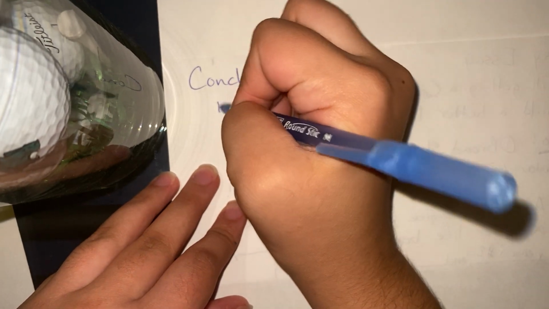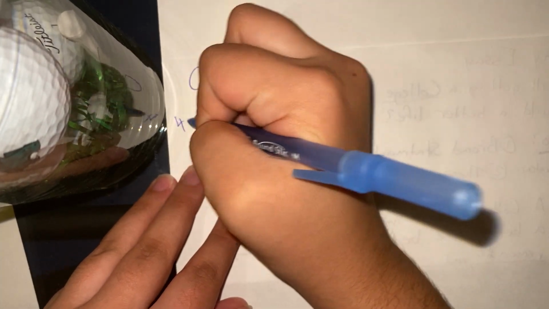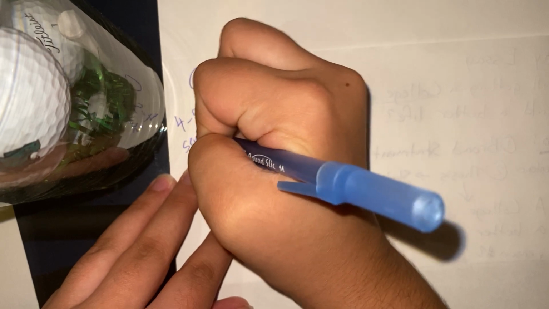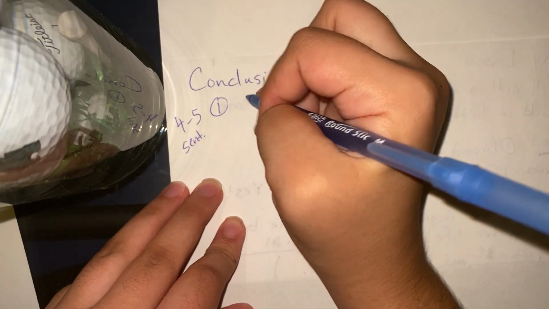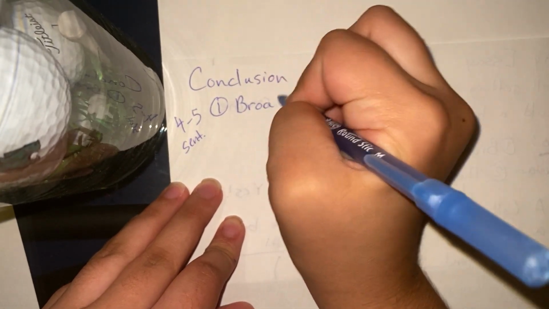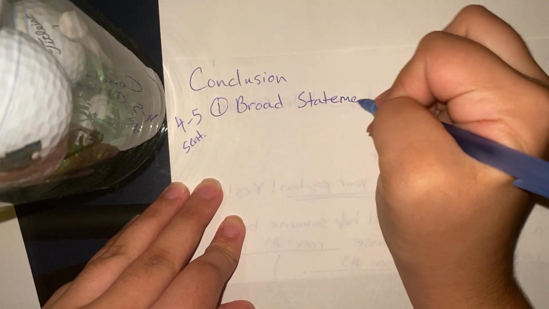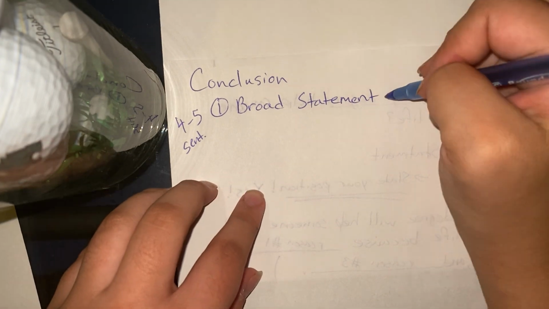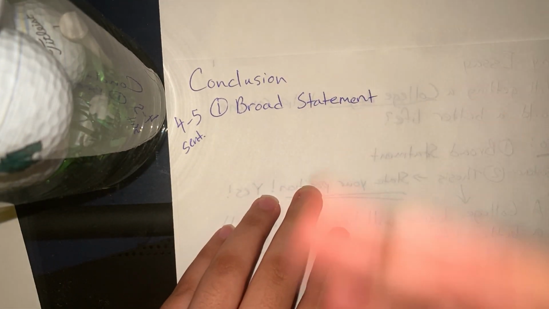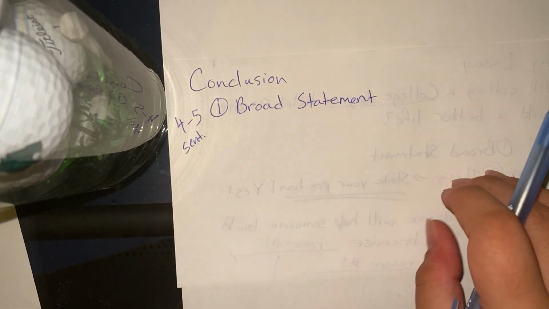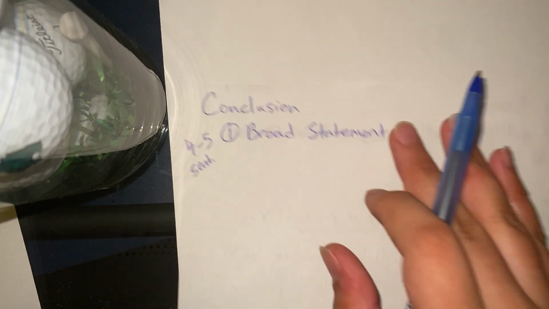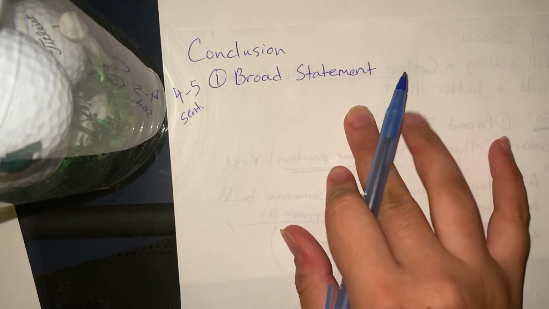So in your conclusion, again, 4 to 5 sentences. 1, I always start with a broad statement, again, about the topic, and our topic is college degrees and how they can help you, or if you're on the no side, how they can't help you. You could say something like, say you were on the no side, you would say something like,